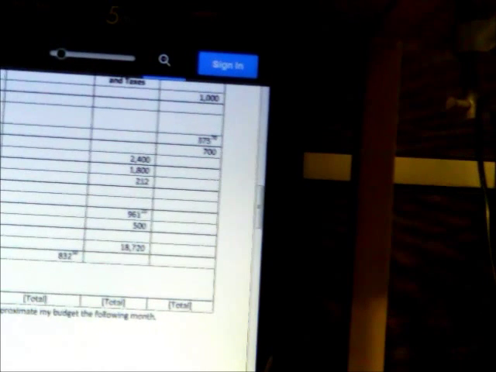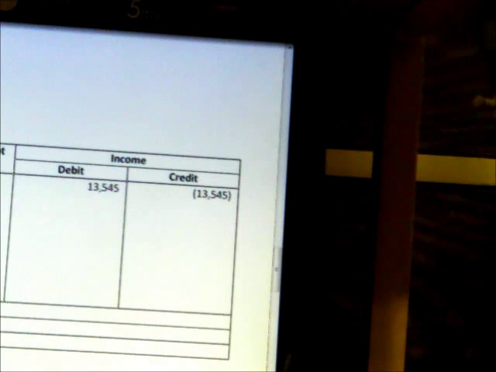So there you have the journal. On page 2 you have the cash disbursements. On page 3 you have the cash receipts. And then on page 4 you have the ledger.